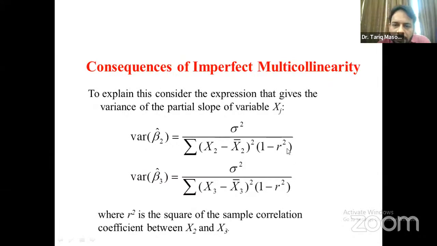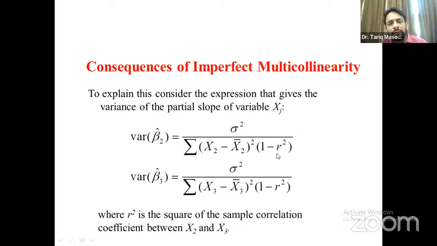Here r is the correlation coefficient between the two independent variables, x2 and x3, because the variables are x2 and x3 with beta 2 and beta 3. If there is no correlation, if the value of r is 0, this whole factor is equal to 1,